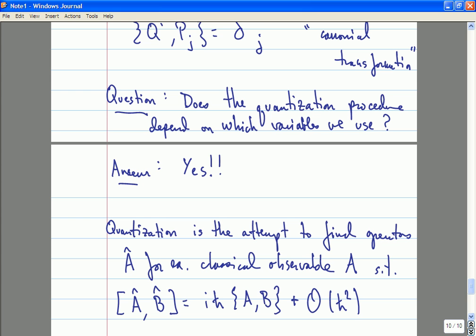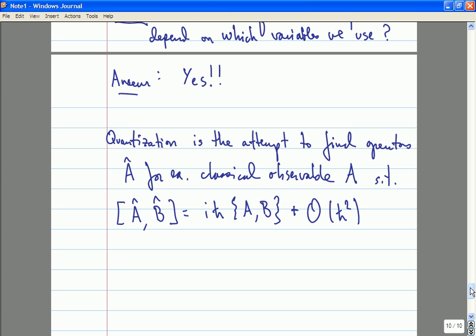So the problem of quantization is what I have been describing, namely that for a given classical system, there's not necessarily a unique quantum mechanical system. And in particular, what that means is that it's simply not the case that one can compute, given a classical system, the commutators of all the corresponding observables. So what you need then is a procedure to compute these terms of order h bar squared.